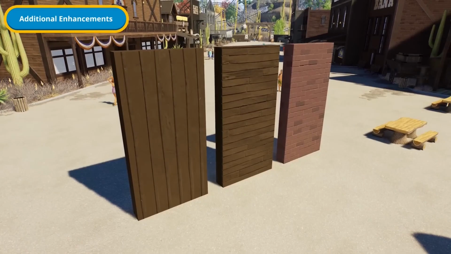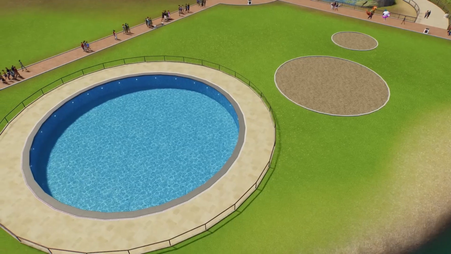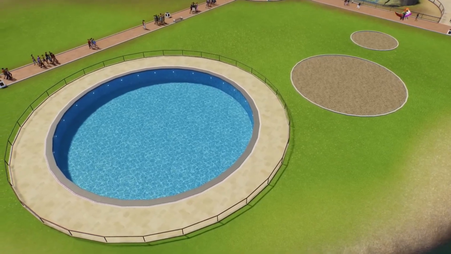They include 9 half-width non-grid wall pieces and 4 roof pieces. This includes new wall and eave pieces for the Western theme, circular stamps for paths and pools, the option to